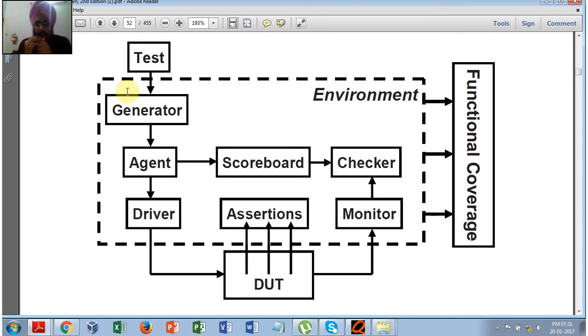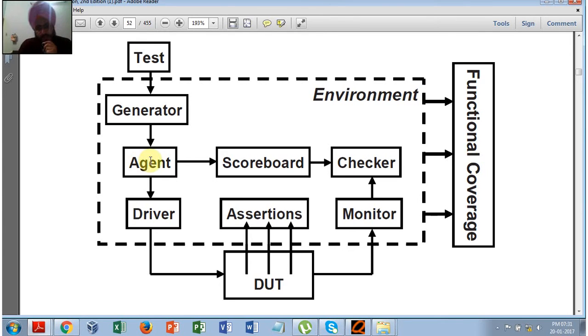But in SystemVerilog it is different. Here you do not have a top module, you will have a program block that will generate a test. What is a generator? Here in SystemVerilog we work on random theory. We have to create test vectors using a class of generator. We will work on this theory separately, some syntax on how to create a test vector randomly, then followed by an